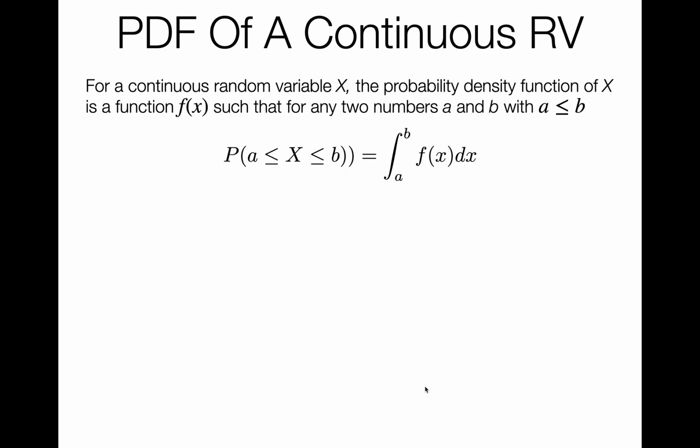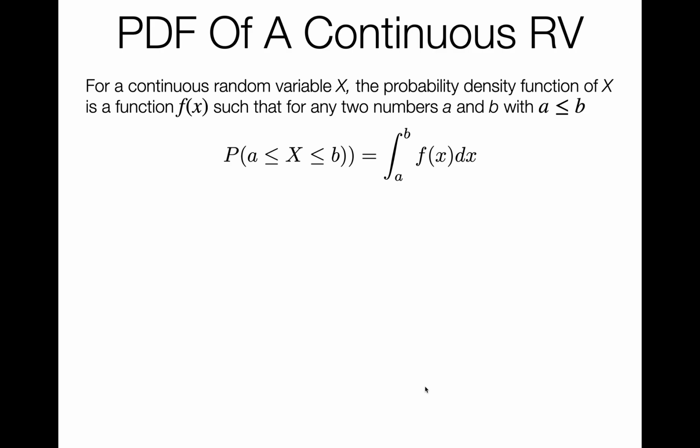So for a continuous random variable, now we're going to talk about PDFs. For a continuous random variable x, the PDF of x is a function like any other function. So always try to compare this with the PMF, because they are the same thing. PDF and PMF serve the same role, but for different things. PMF is for discrete, PDF is for continuous. So think of those two things together and compare and contrast as I'm talking through this.